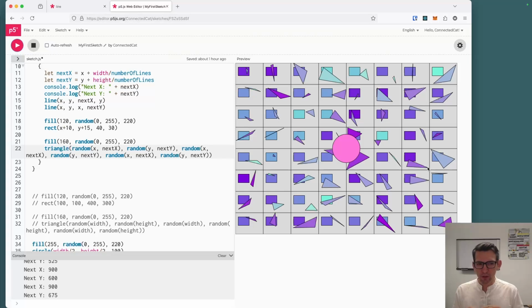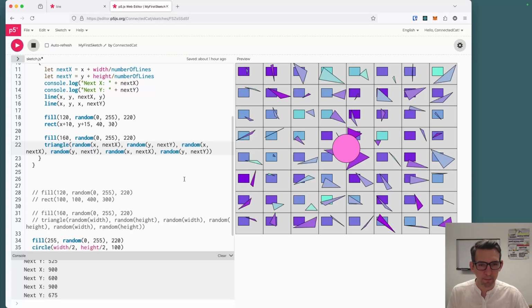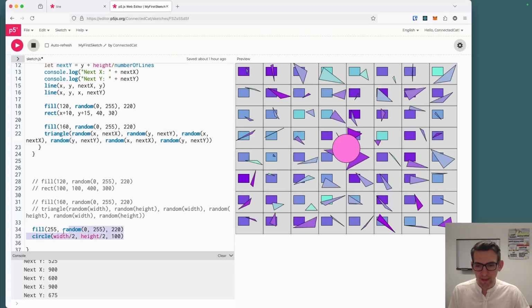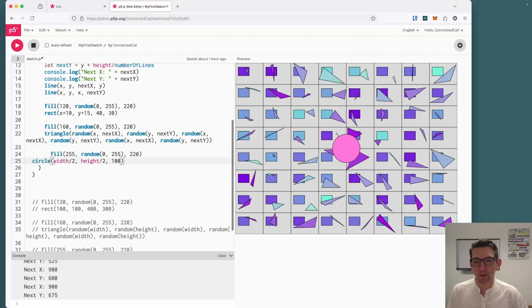But what if I want to have some kind of predictability, right? Some kind of predictable progression within my composition. So that's something I can do with a circle, right? Let's copy this, again comment this out, Command / or Control / if you're on Windows. And then for the circle, what I'm going to do, instead of specifying its position by width and height, I'm just going to say